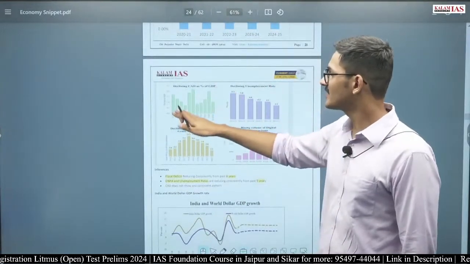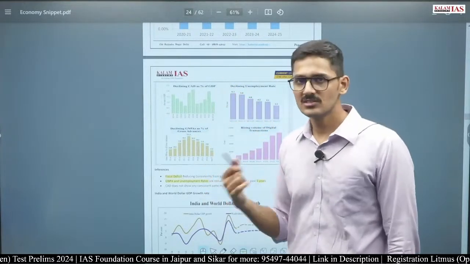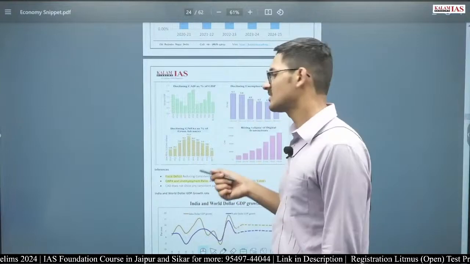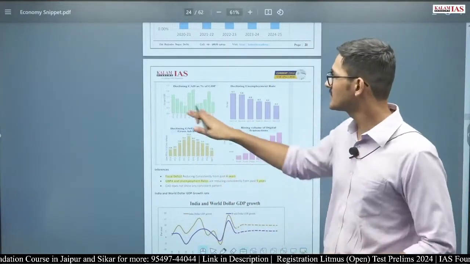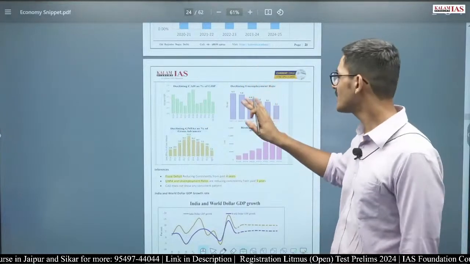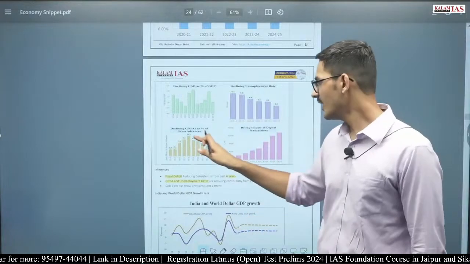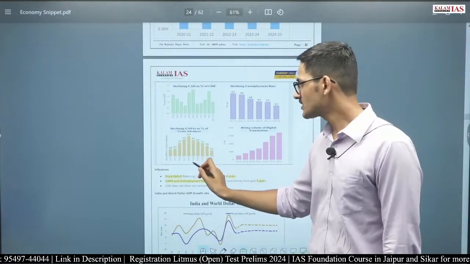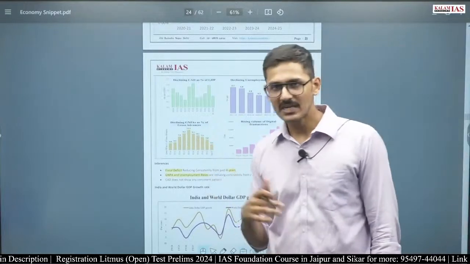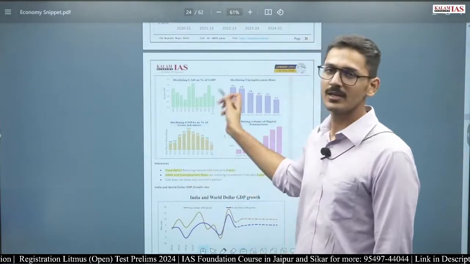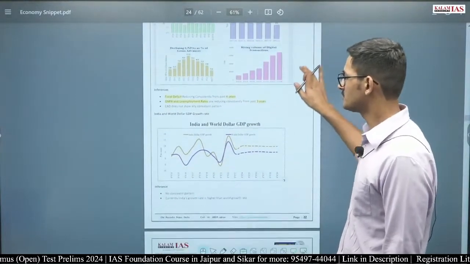Current account deficit, there is no particular trend. Now, you cannot memorize all these things in just one go. You have to look at these graphs multiple times so that you know what the trend is. Current account deficit does not have any trend. Unemployment rate, we have already seen it is reducing consistently. And gross NPAs have been reducing consistently from financial year 18. So for the past 5 years, the gross NPAs have been reducing. Before that, they were increasing.